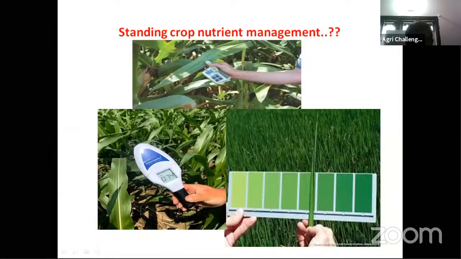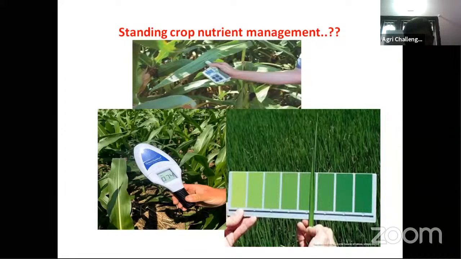Okay, how much do we have to apply? We decide based on RDF. If you do not have any information, then go as per RDF. If possible, go for a soil test.